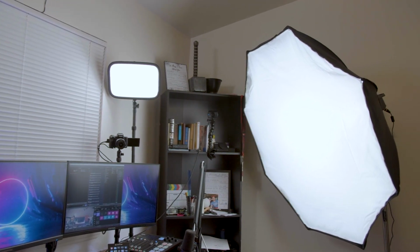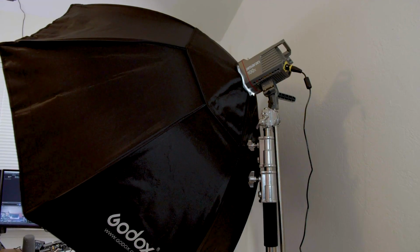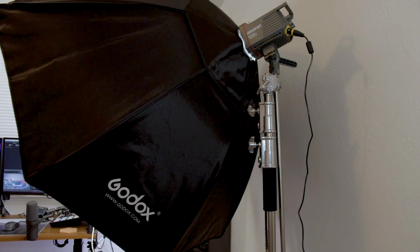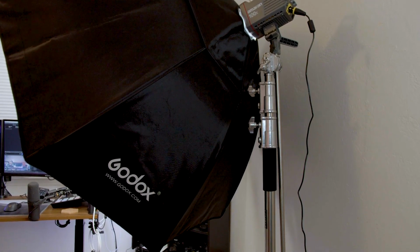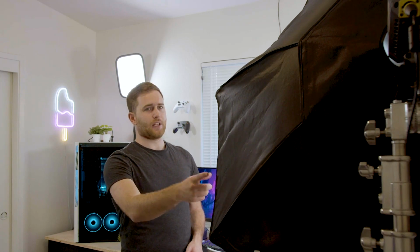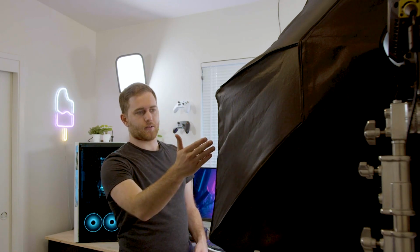It is a little bit on the pricey side because you do have to get a stand, which I have the C stand there, a really solid stand, also expensive. And the Godox light diffusion, which is also really useful. Actually, this wasn't very expensive. It was like 80 bucks. But this whole setup, this diffusion, the light, and the stand ended up being about $400, which is a little bit expensive,